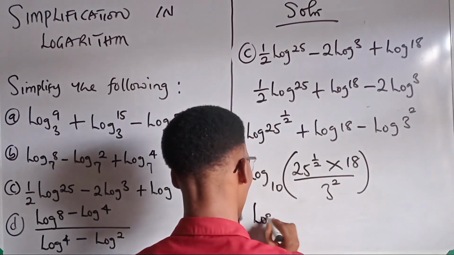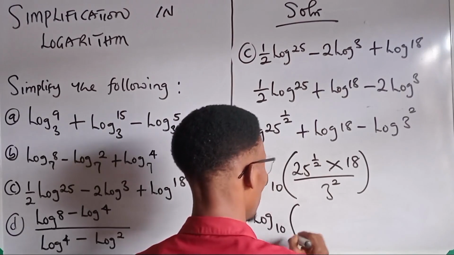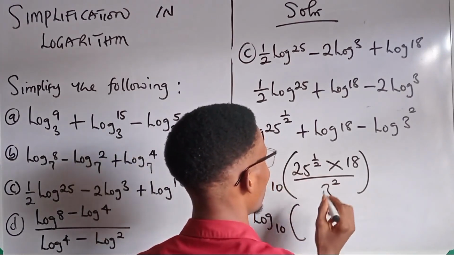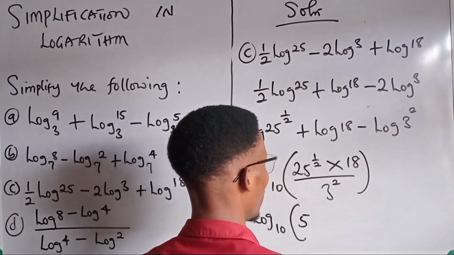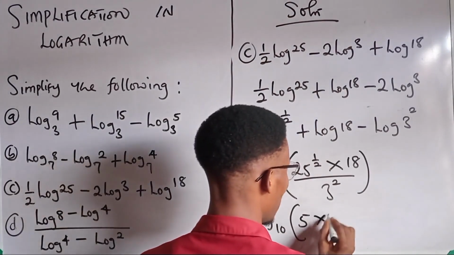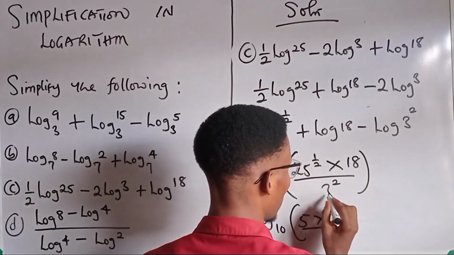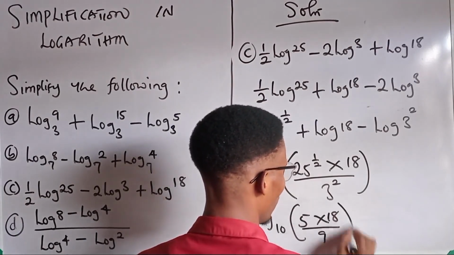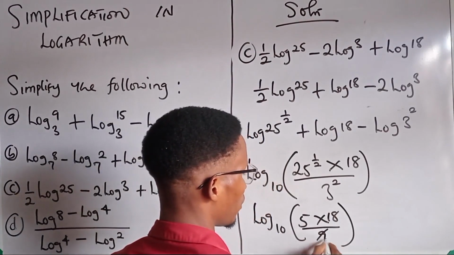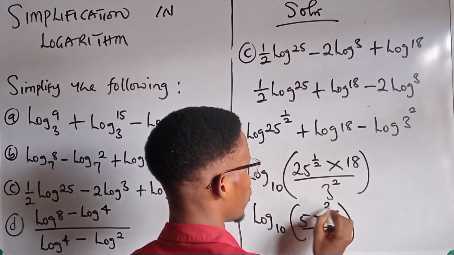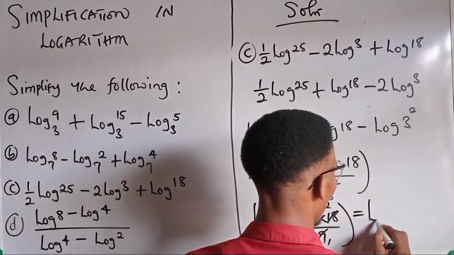This will give us log of 10. Then 25 raised per half is 5. Okay, then multiply by 18 divided by 3 raised per 2 is 9. Okay, 9 here is 1, 9 here is 2, which will give us log of